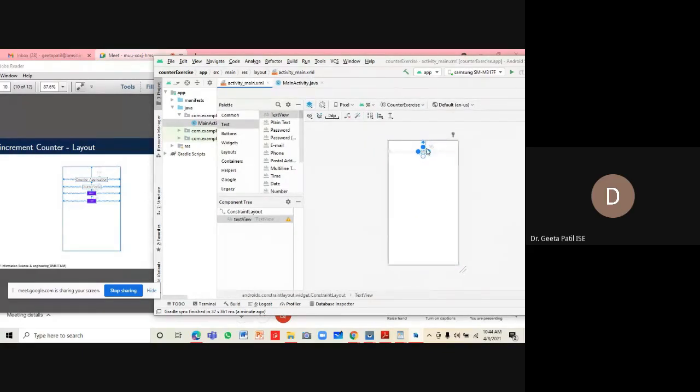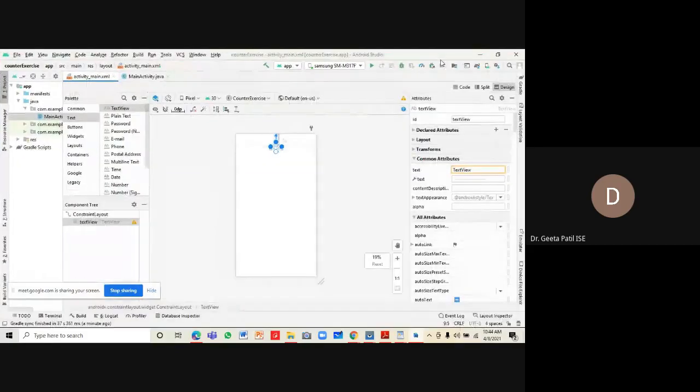and the counter application is the title of this application. So let us change that in the text attribute of the text view.